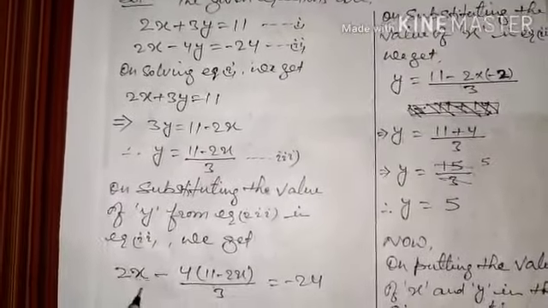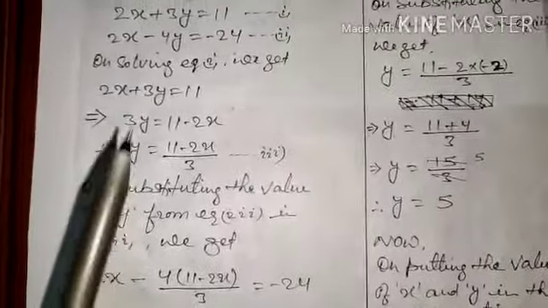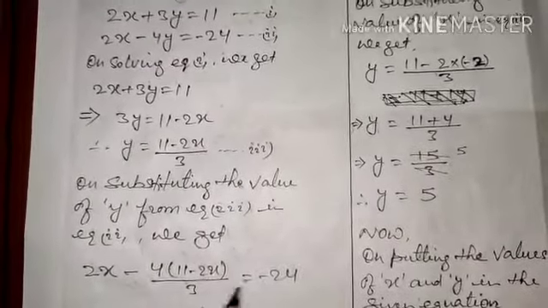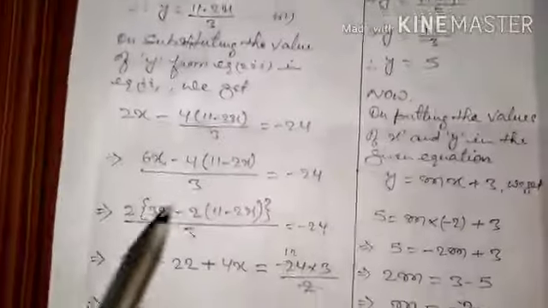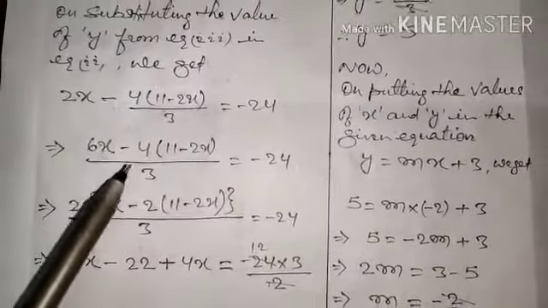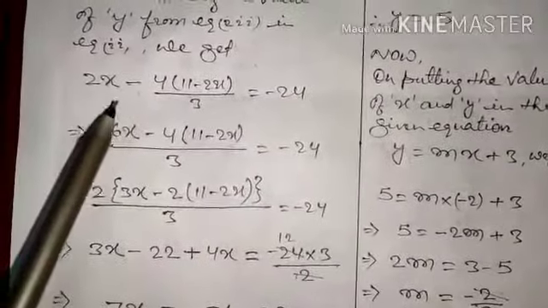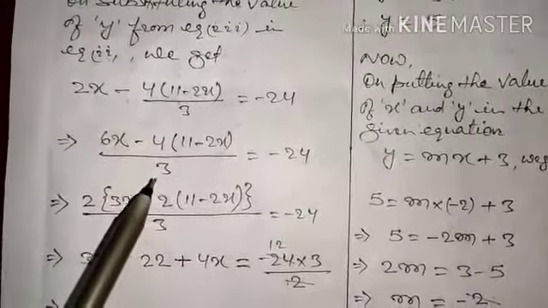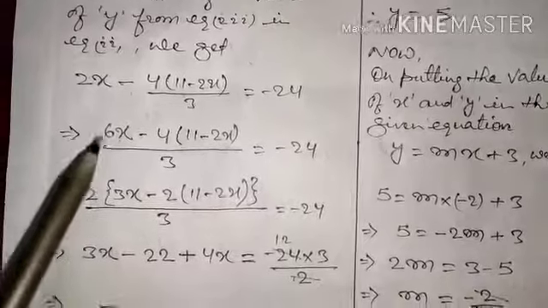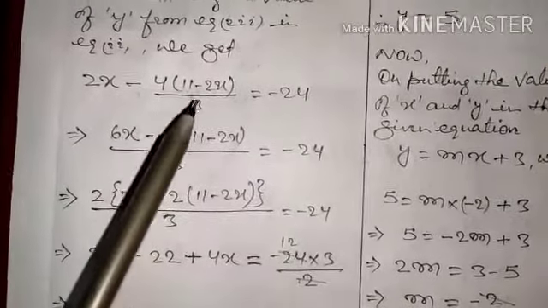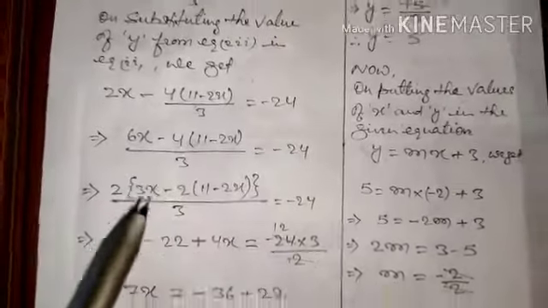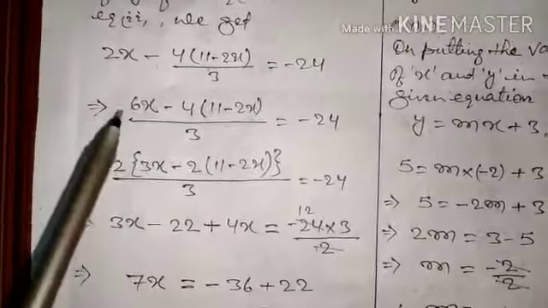The 2x is at its own place, minus is at its own place, and 4y, so writing 4, and then we are substituting the value of y, which is minus 24. Okay, now continue with this. 6x, again do the fractional subtraction, so the LCM of 3 and 1 will be 3, so 3 divided by 1 will be 3, 3 into 2 is 6, so 6x came here, and 3 divided by 3 is 1, so this multiplied by 1 will get the same thing. So done that thing. Now take out the common.